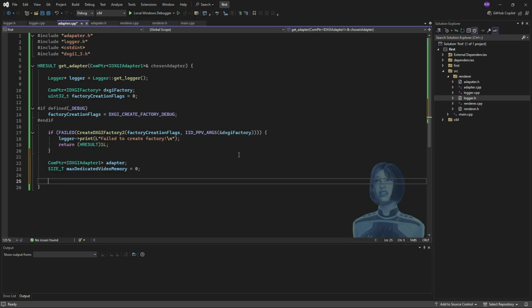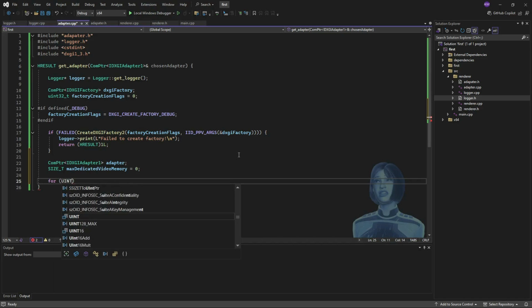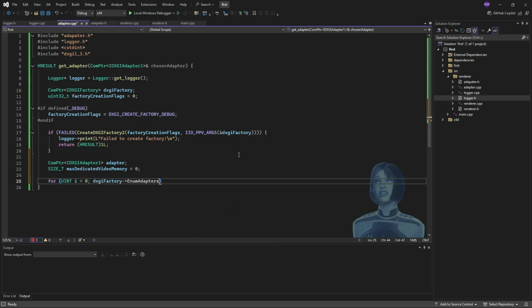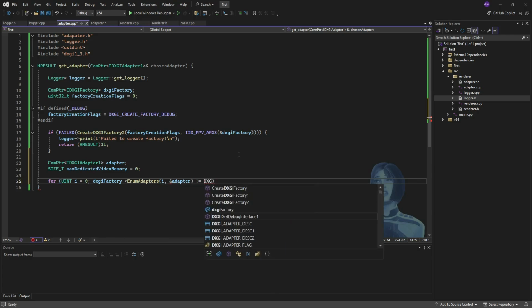So I'm going to start scanning through. I'll have this for loop, and the condition that I'm looking for is: enumerate the adapters, adapter I, put it into that adapter object, and the failure that I'm looking for is DXGI